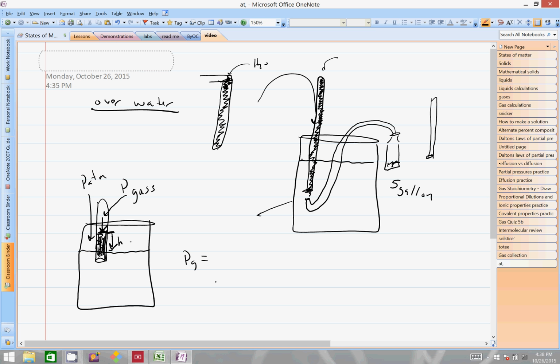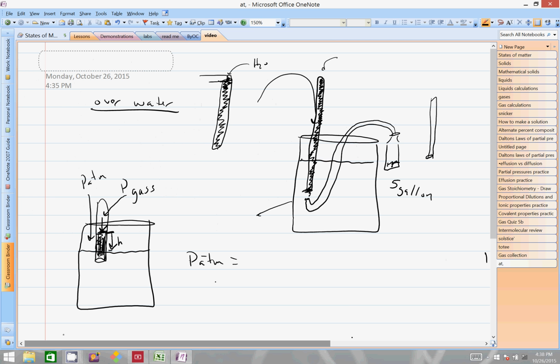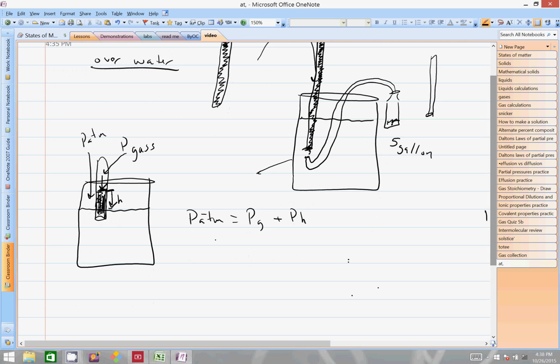So the pressure of the atmosphere is on one side of the teeter-totter, and on the other side I have the pressure of the gas plus the pressure due to the height of water. Now again, because we're using water, I could use my reciprocal relationship and convert this over to equivalent height of Hg in millimeters,